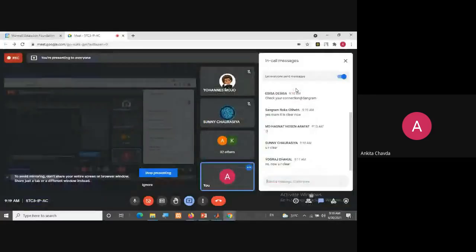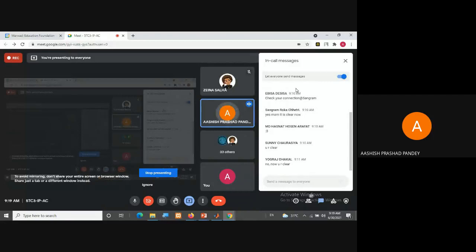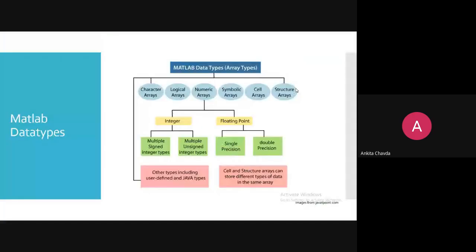A collection of variables. Yes, it is a collection of different kinds of data types together in a single unit, right? In the same way, in this structure you have different kinds of arrays. It is a collection of different data type arrays, right?